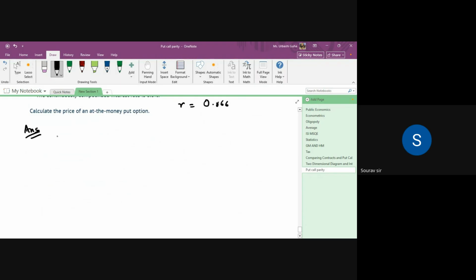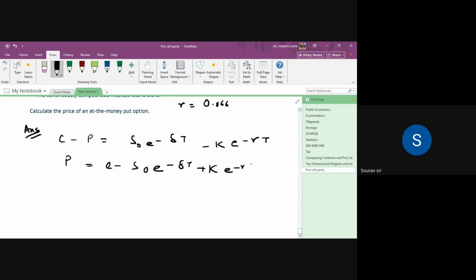Okay, what was the formula? C minus P is equal to S naught e to the power minus lambda T minus K e to the power minus RT. And P is C minus S naught e to the power minus lambda T plus K e to the power minus RT. Okay, so now first we compute